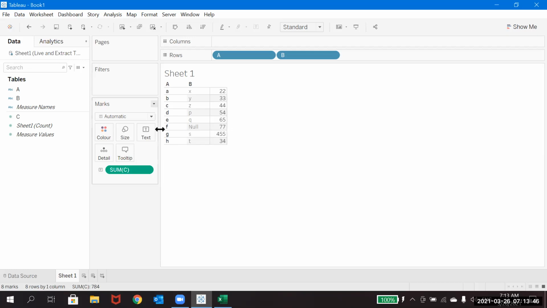Now if you see, GNH was added here. So this is how the live connection works. Since it is a live connection, the moment you click on refresh, the information changed and was updated here.